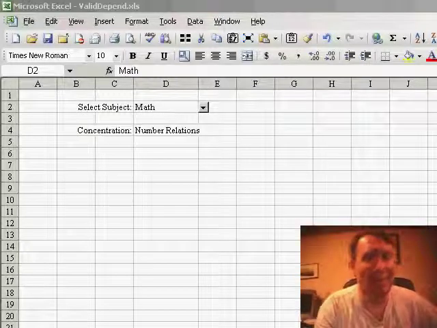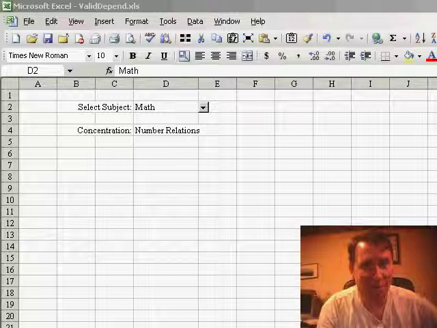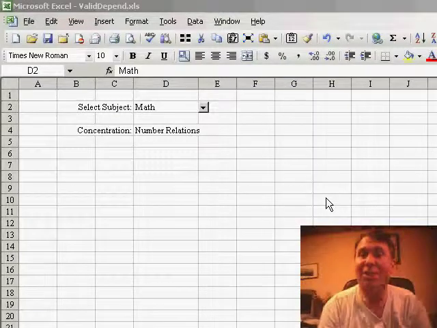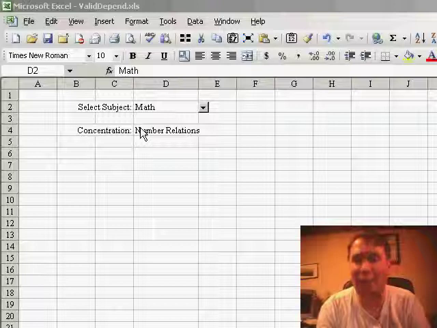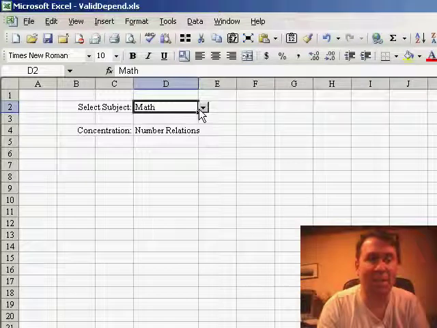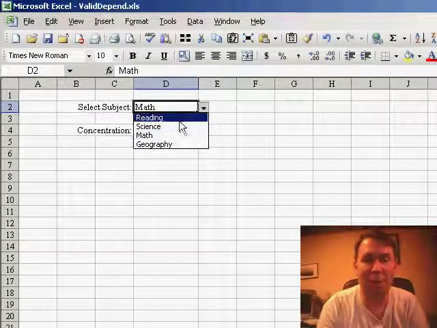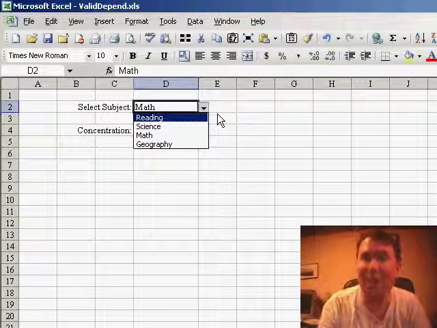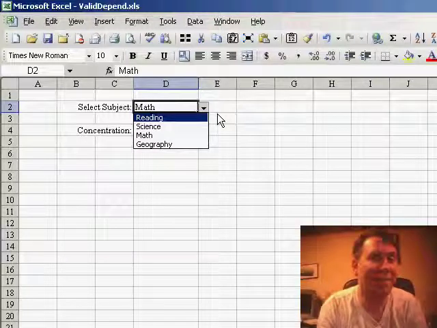We've been talking about using data validation for the past 4 or 5 netcasts. And today I have a really cool trick that kind of takes data validation to the next level. What if we have 2 drop-down boxes and the second drop-down box is dependent on the first one? So here we have a drop-down box where someone can choose a subject: reading, science, math, or geography. And then once they choose that subject, the next drop-down box has to dynamically have the concentrations within